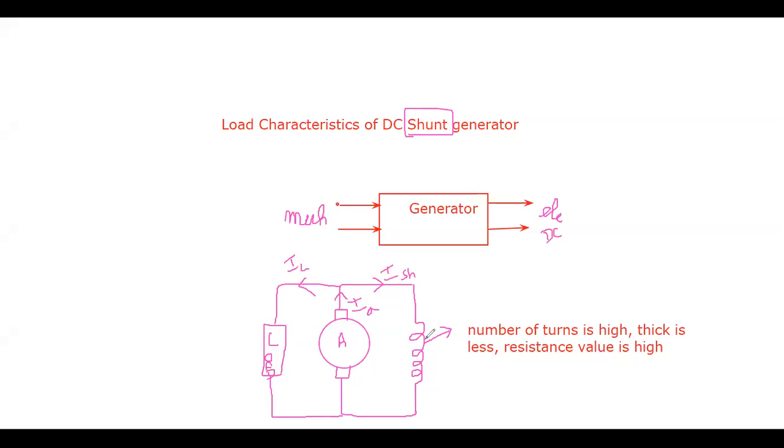So here we have a point: the resistance value is high for this shunt winding. So it is indirectly mentioning that the current flowing through this shunt winding is less compared to the load current. So the equation is termed as